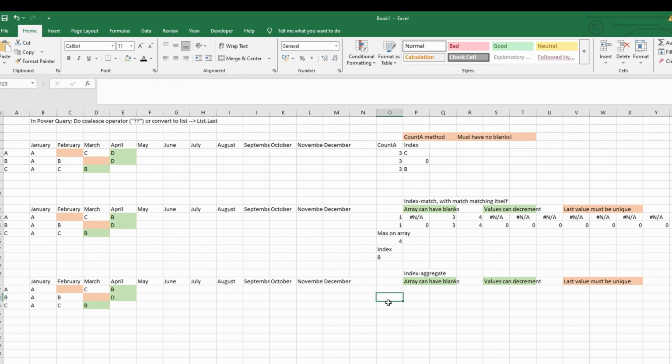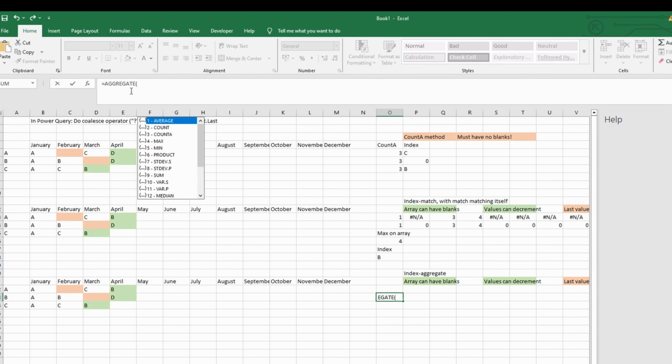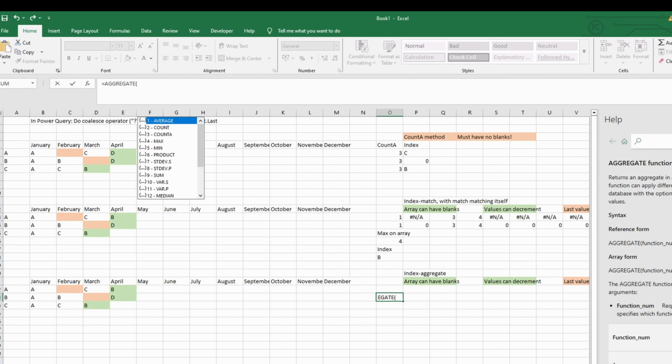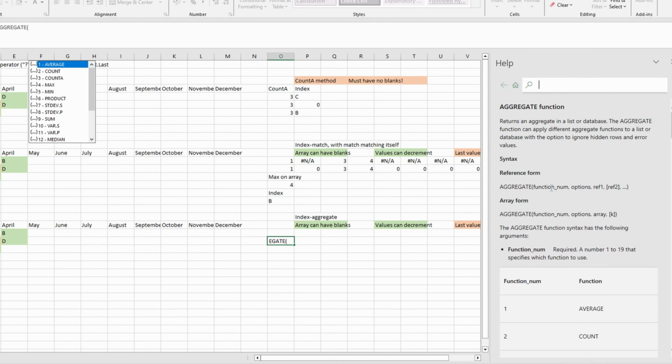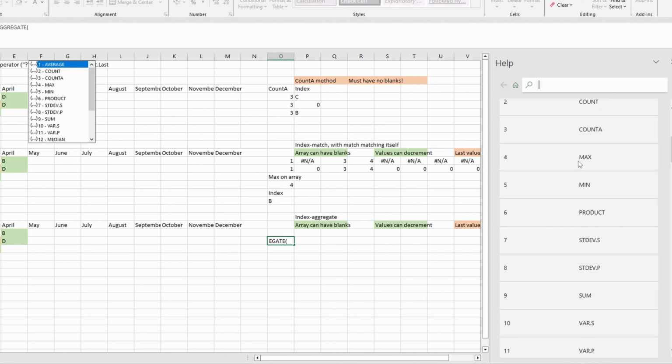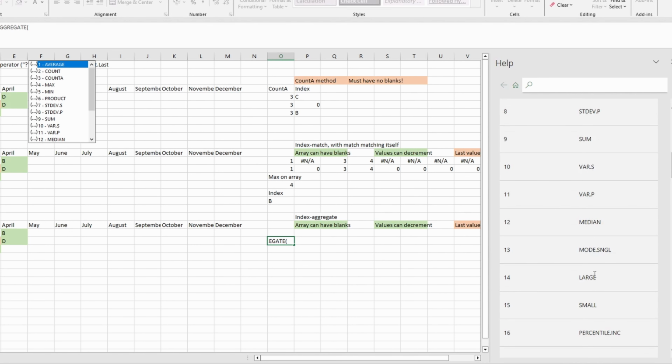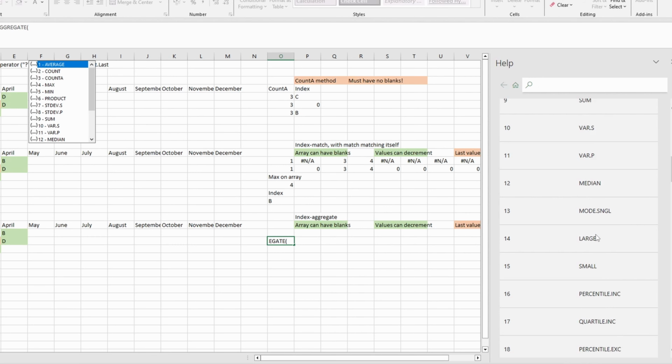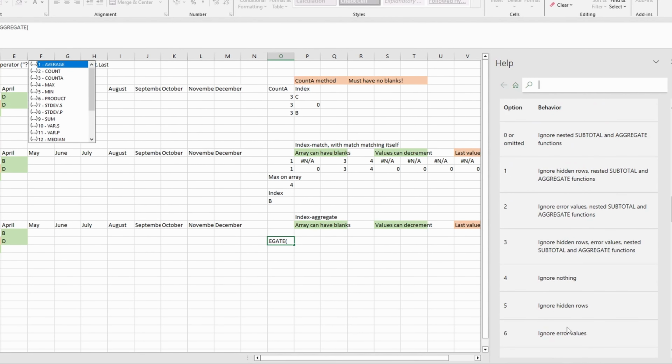The function is basically the same, but I'll still work through it one step at a time to make it easier to understand. I first want to grab the helper documentation for the aggregate function because it's not something you use often. The function takes a function and then options. In my case, I don't want to use the max function because that has problems with errors. What I can do instead is to use the large function and then say I want to grab the number 1 largest value. And for options, I can say I want option 6 to ignore errors,